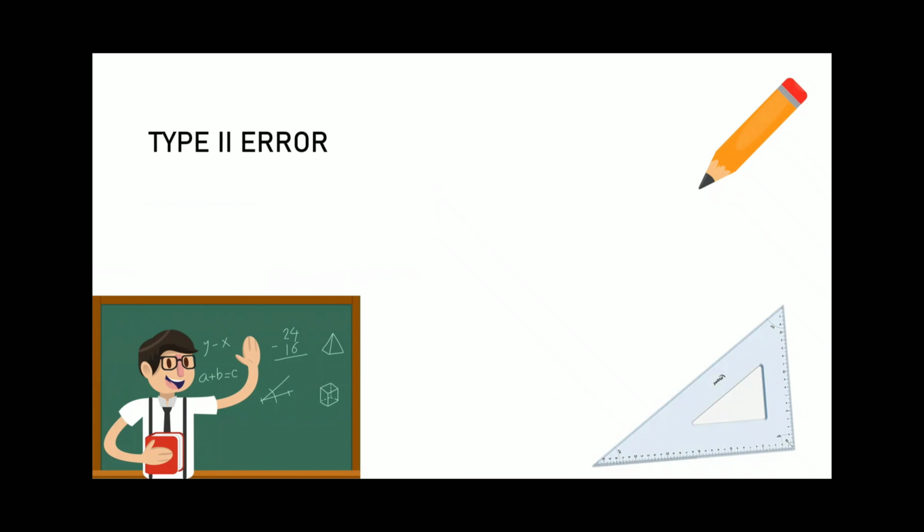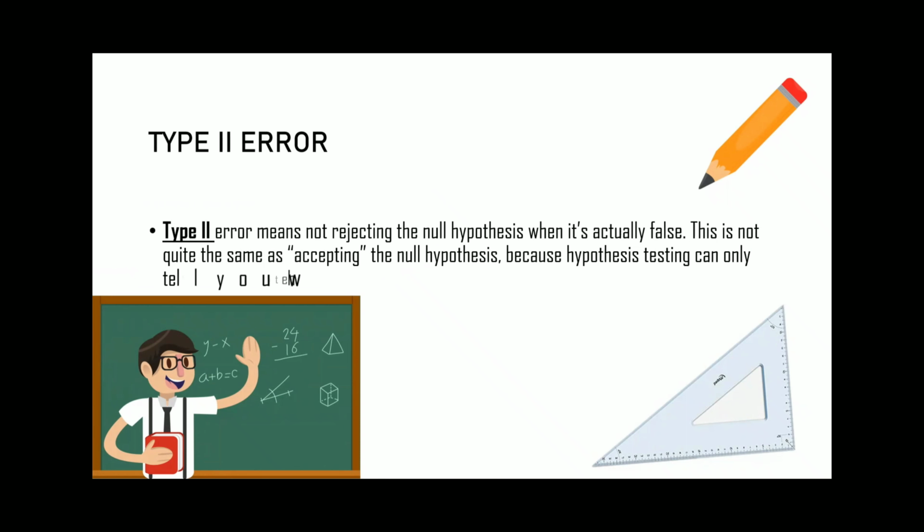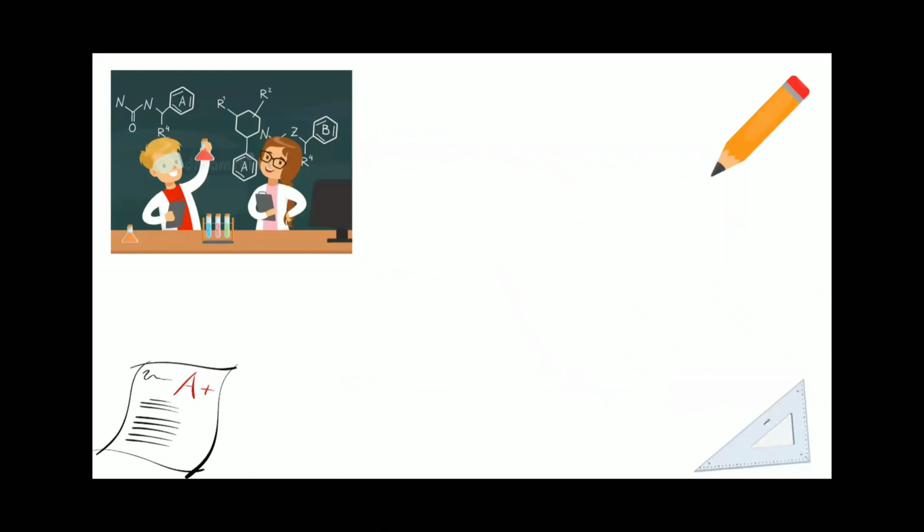A type 2 error means not rejecting the null hypothesis when it's actually false. This is not quite the same as accepting the null hypothesis, because hypothesis testing can only tell you whether to reject the null hypothesis. Example: when preparing your clinical study, you complete a power analysis and determine that your sample